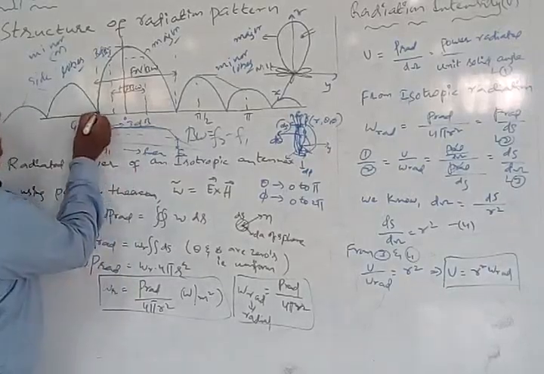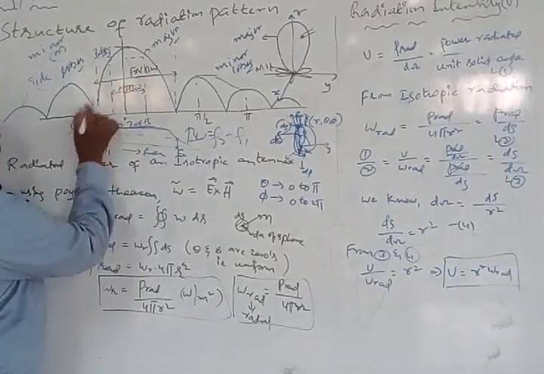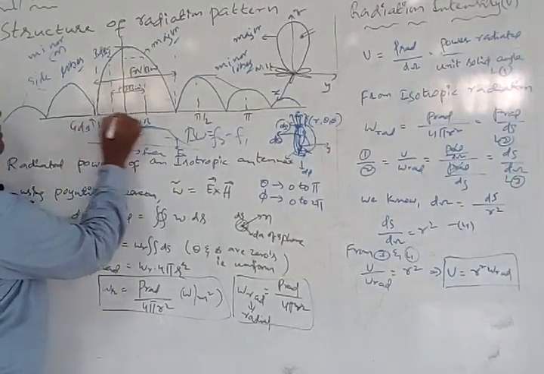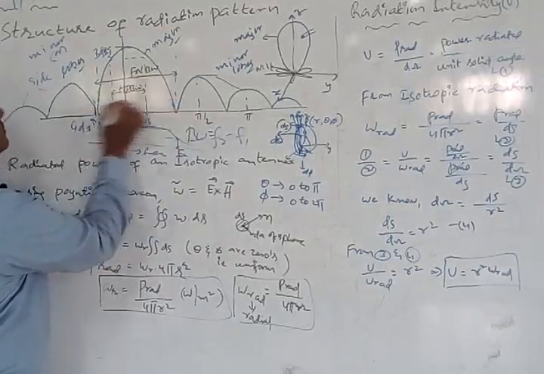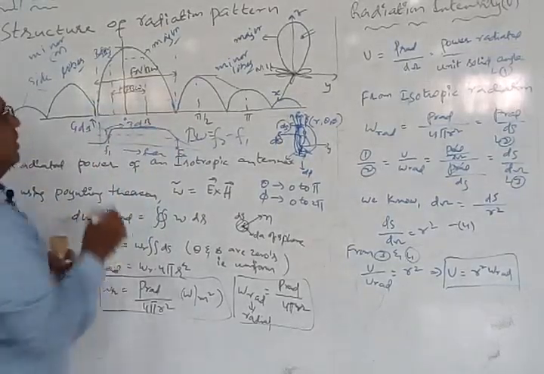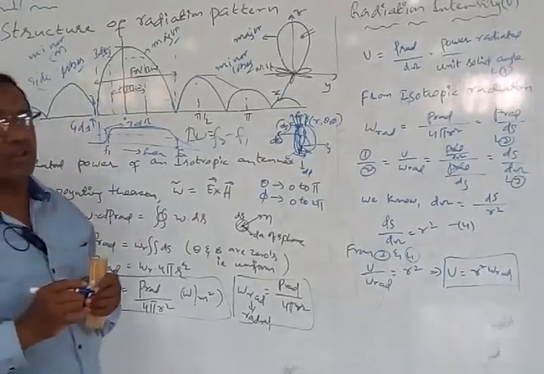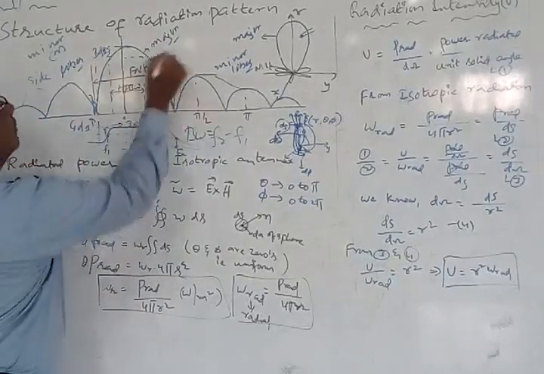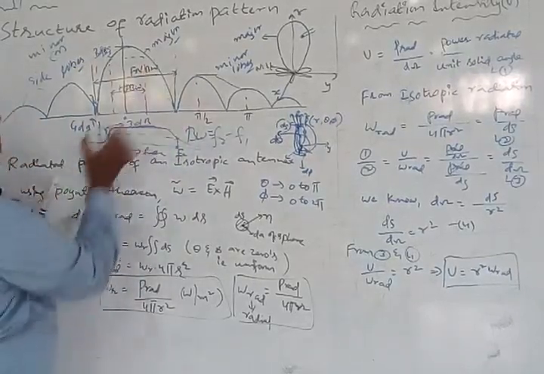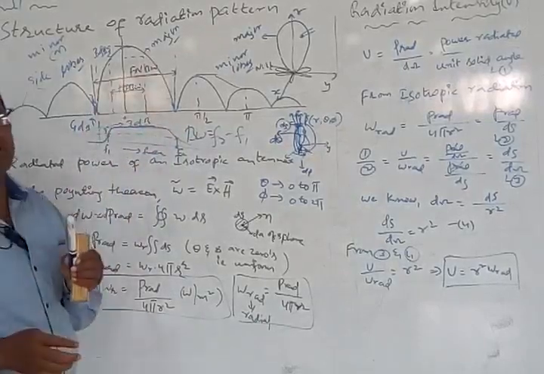See, there is a gap here. Imagine that there is a small gap over here, where there is no signal, no radiation. When there is no radiation at a particular point, it is known as a null point. So here you are going to experience a first null, and this particular distance, or angular displacement, is known as the first null beam width.